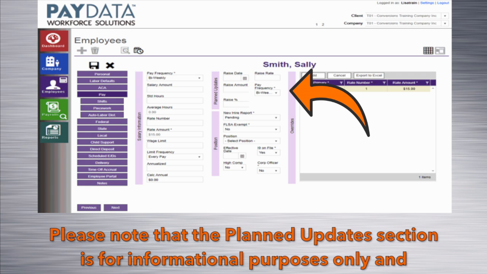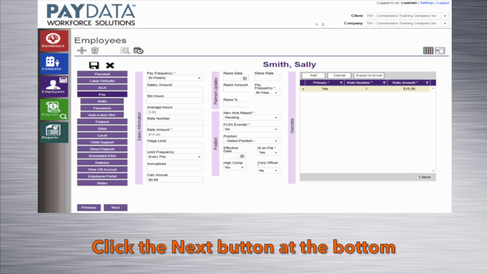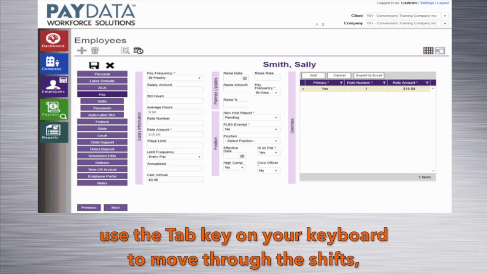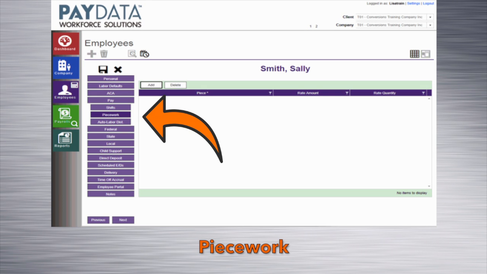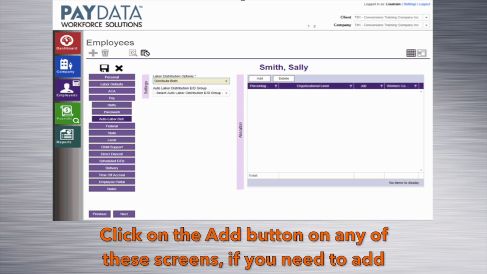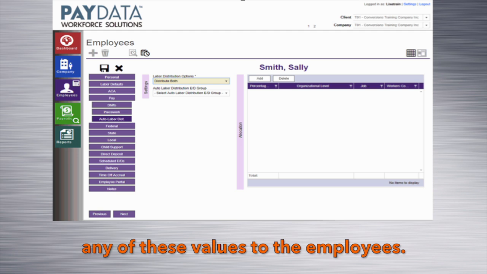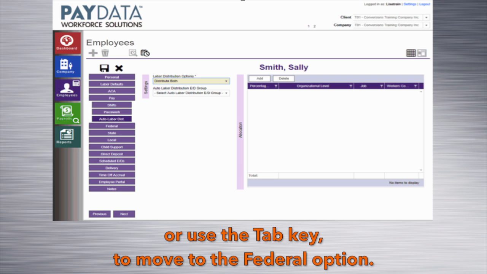Please note that the Plan Update section is for informational purposes only and will not affect the employee's pay rates now or in the future. Click the Next button at the bottom or use the Tab key on your keyboard to move through the shifts, Piecework and Auto Labor Distribution. Click on the Add button on any of these screens if you need to add any of these values to the employees. Click the Next button at the bottom or use the Tab key on your keyboard to move to